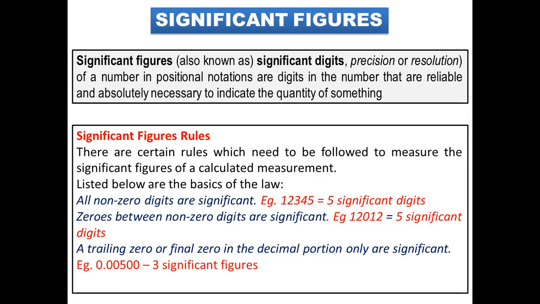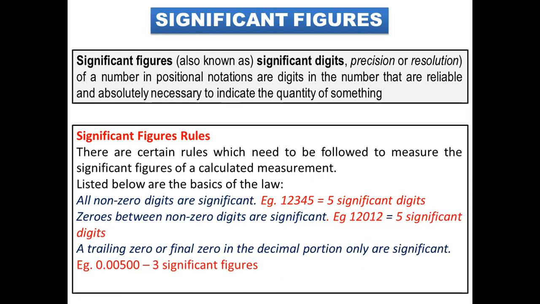So actually in every figure there are some significant figures, and there are some important points to be considered before assigning the significant digits or significant figures. So here there are some rules to assign the significant figures. There are certain rules which we need to follow to determine the significant figures of a calculated measurement. So these are some rules. For example, what is the first important point while assigning the significant digits or figures?